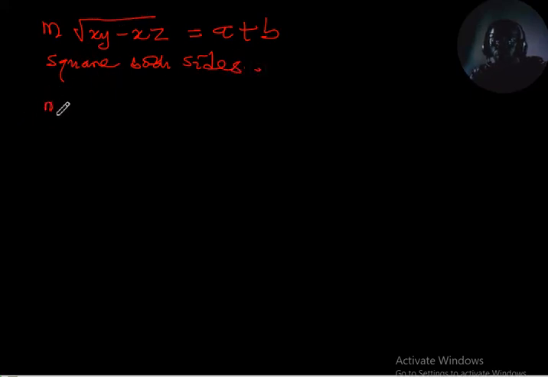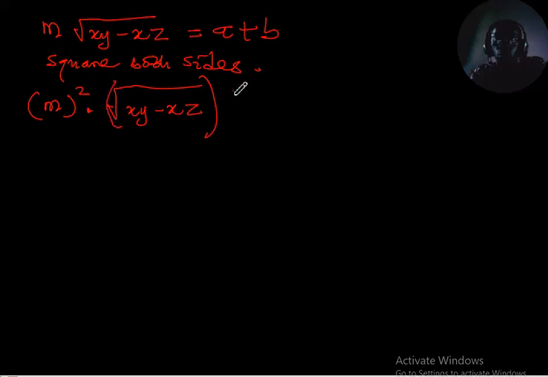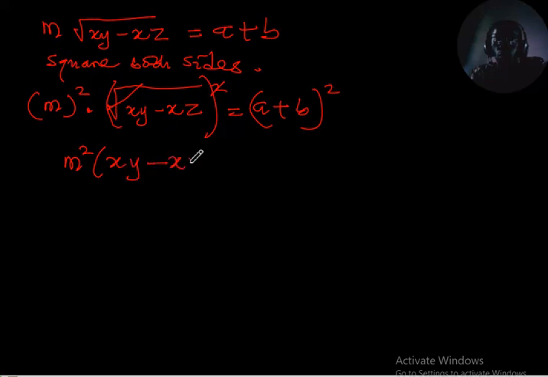So I have m squared times xy minus xz, squared, equals a plus b, also squared. So at this point, the square cancels the square root, so I'm left with m squared in bracket of xy minus xz equals a plus b